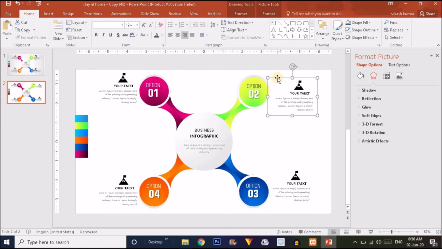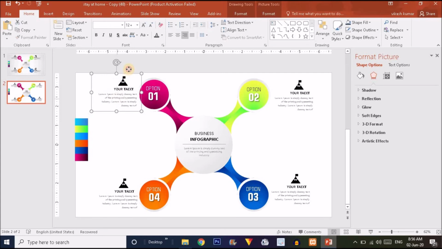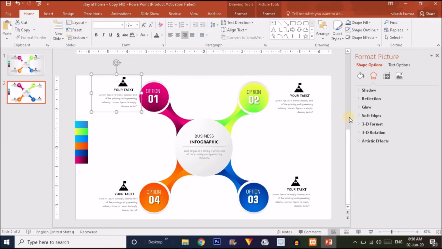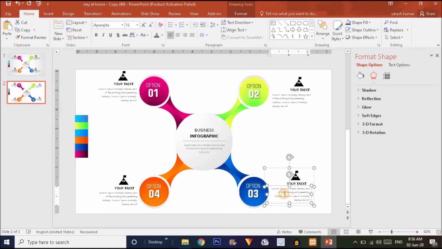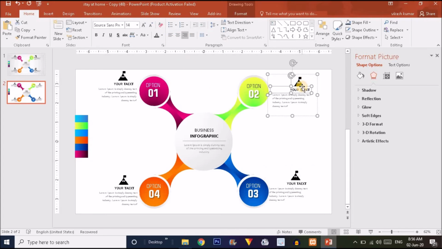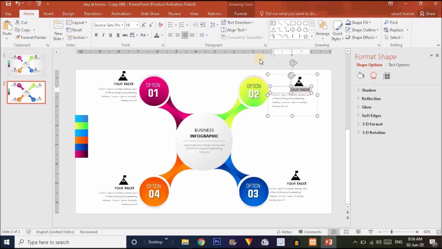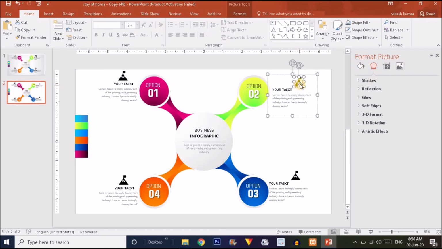But one more thing I want to tell you guys is that the text alignment should be proper. Here I have aligned the text to the right, but in this text I'm going to align it to the left like this. For this I'm also going to align it to the left, and for this text group I'm again going to press Ctrl A and align it to the left, and again align it to the left. Now put this icon over here